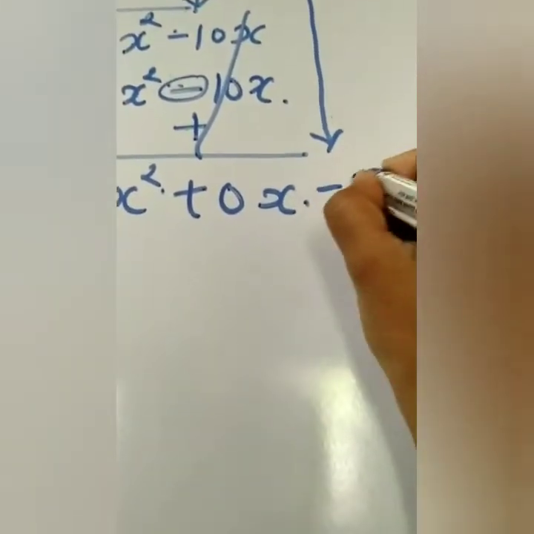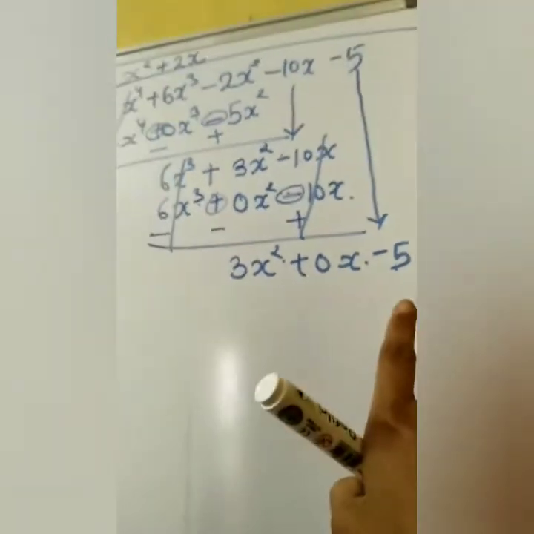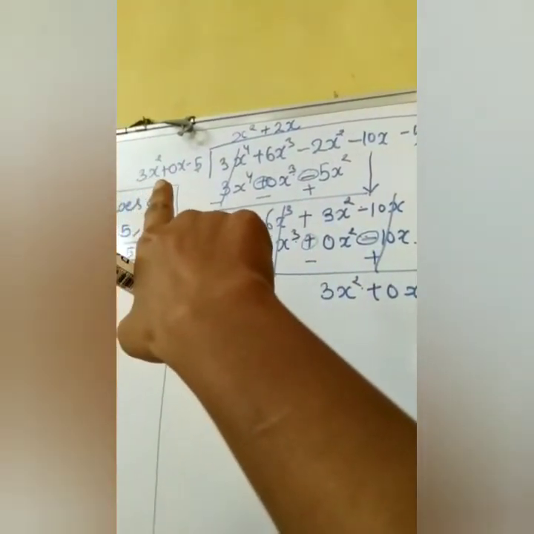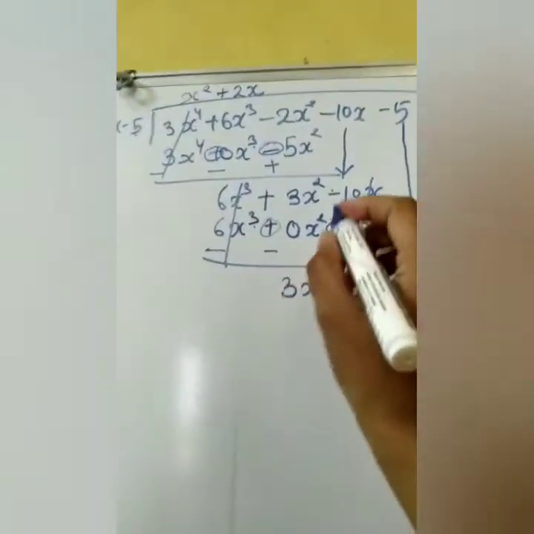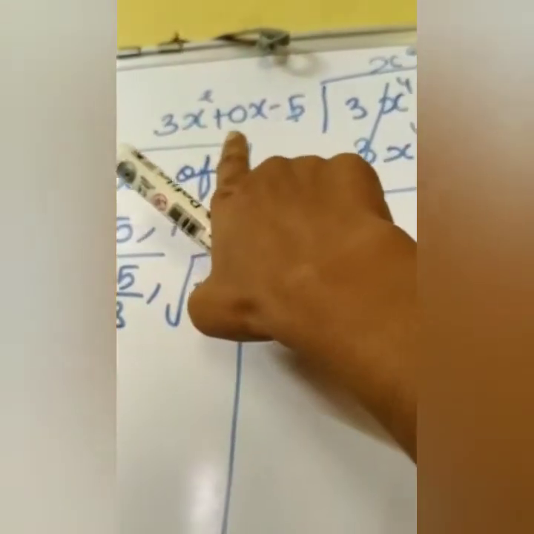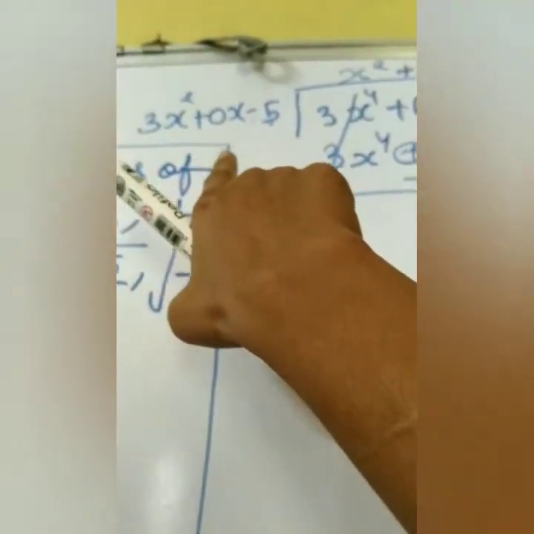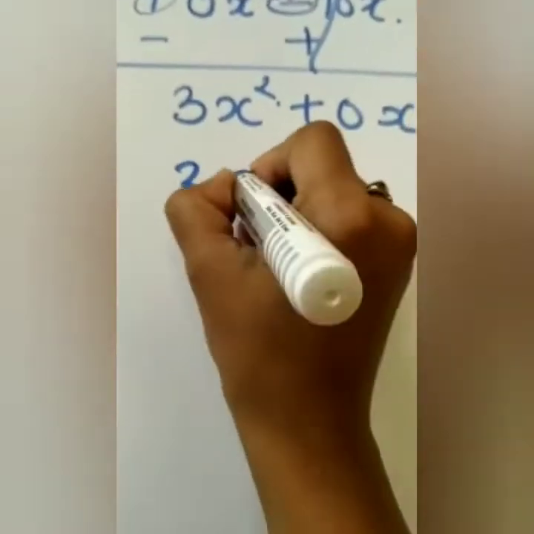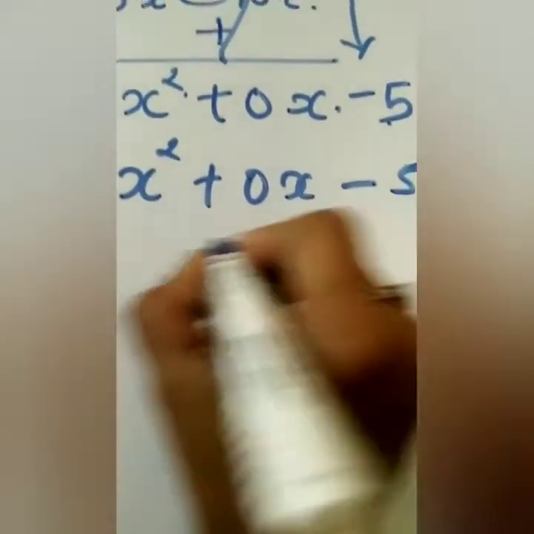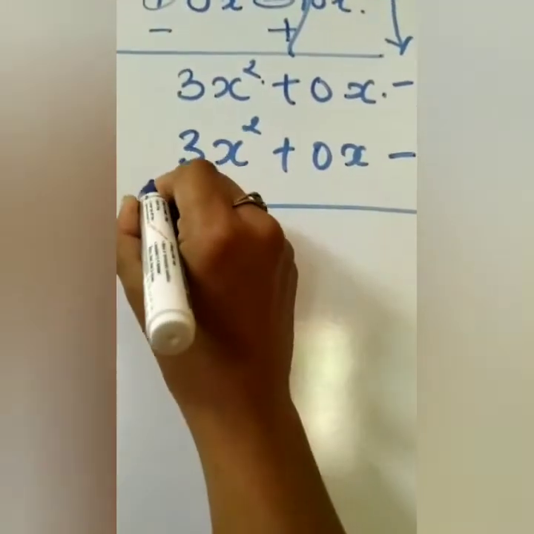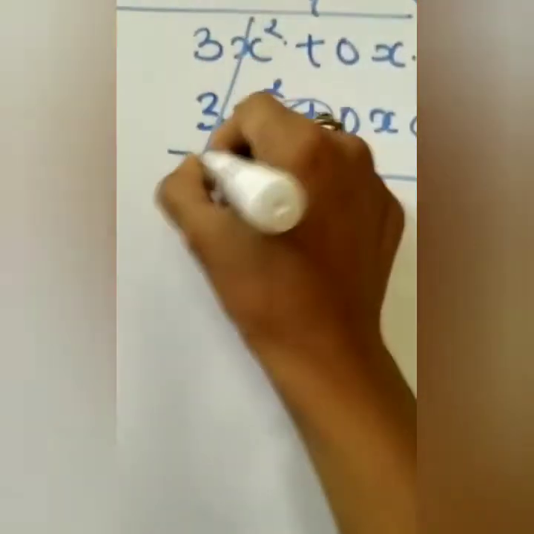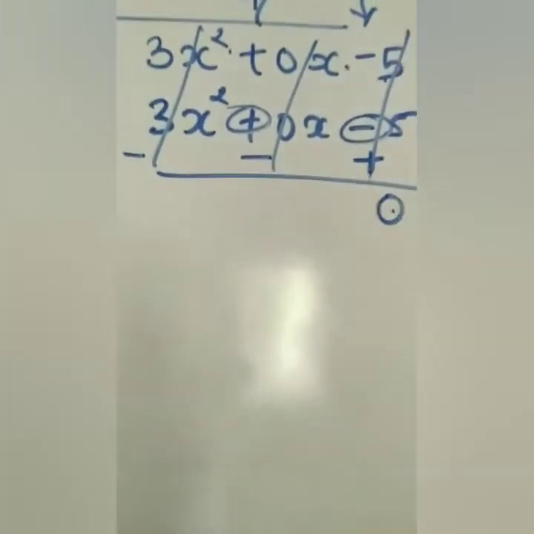Now we will take down that 5. So what you can see that 3x square plus 0x, and that is 3x square plus 0x minus 5 is same. So we will multiply with plus 1. So if we are multiplying anything with 1, the same thing we are getting. So we will write the same thing. Here we have to change the sign. If it is plus, it will become minus, and minus is becoming plus. Now we will cancel out all these things and we are keeping 0.